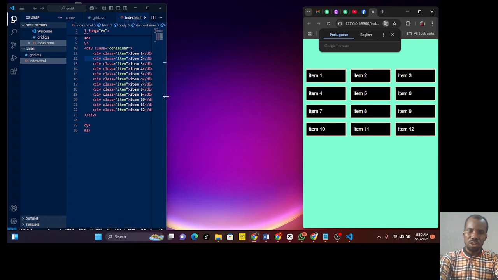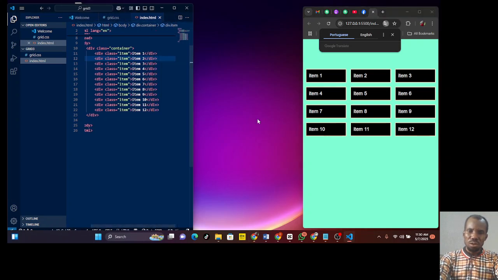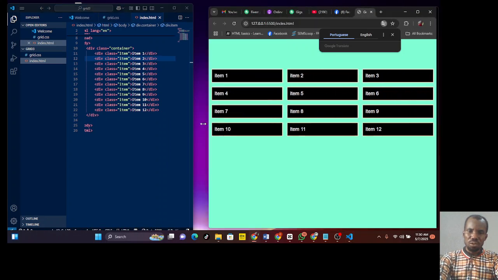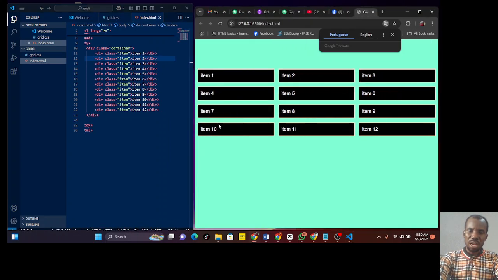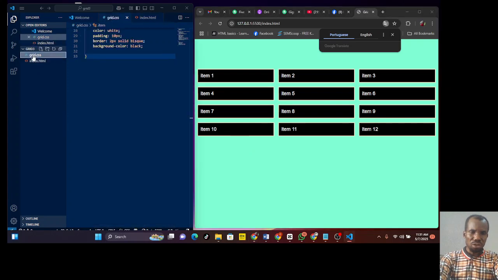But I want it to be mobile responsive, because these days most people who go online use their mobile phone. So how do we make this mobile responsive? Instead of this, it can just be normal for any kind of phone. So without much ado, let's go back to our grid.css, and right there I come over and put at media